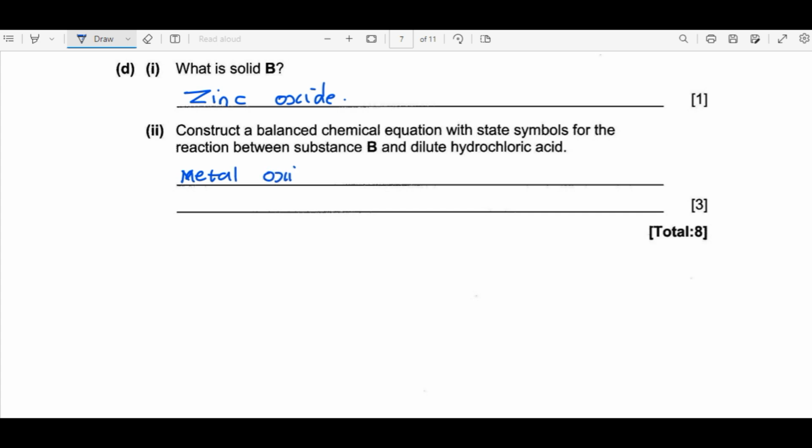So what happens whenever a metal oxide reacts with any acid? The product should be salt plus water. So where is the salt coming from? From the metal oxide we get a metal, then from the acid we get the non-metal, which in our case is the chloride ion. Then the oxide from the metal oxide and the hydrogen from the acid will react to form water. So for example, we are dealing with zinc oxide